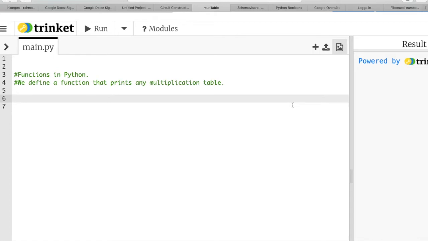So let's see how we do that and how it's done. First we define a function. We begin with def, which is how we define a function, and write a name for the function. We write it mult table,